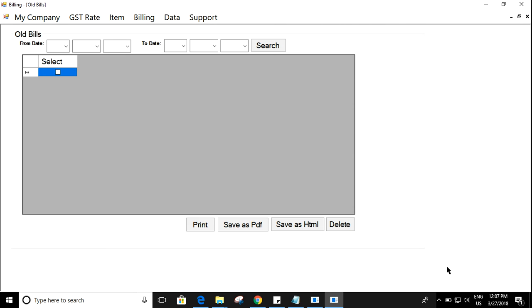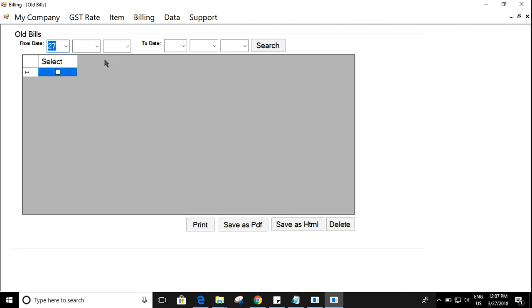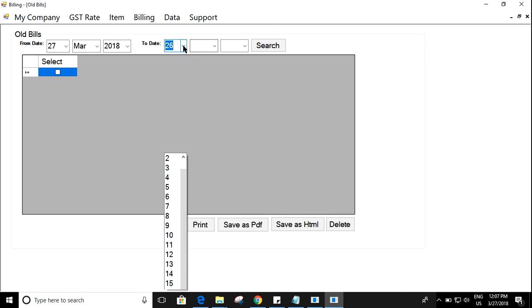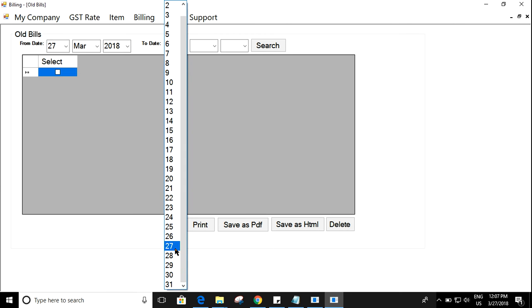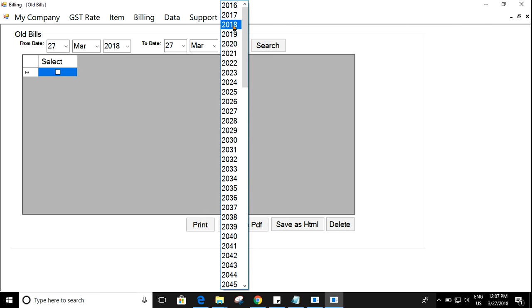So for today's date, I need to search the bills, that is 27th March 2018. So from date 27th March 2018, and to date also the same date, 27th March 2018.